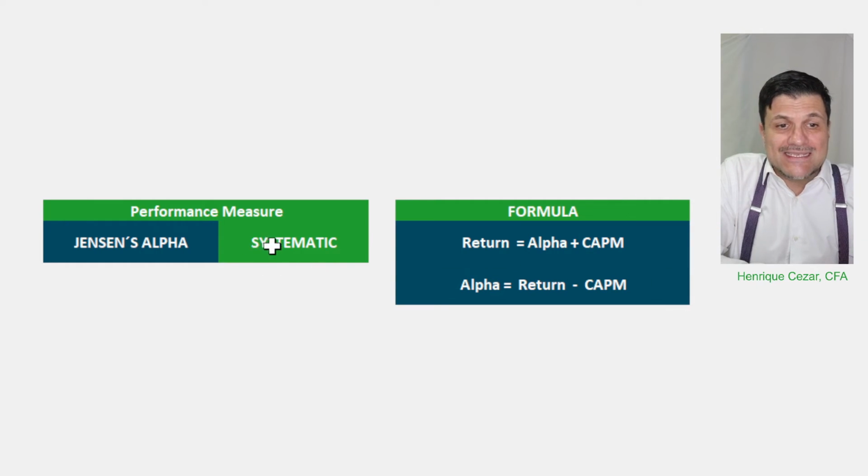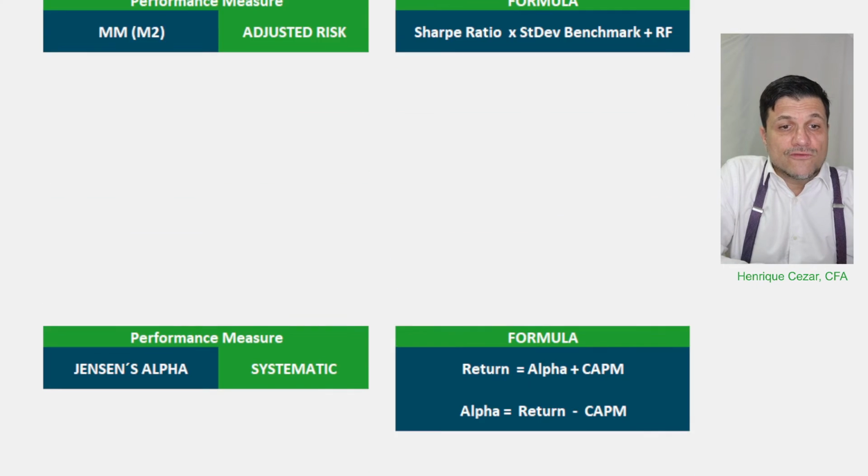Now, it is a systematic risk measurement because it's using beta, right? I'm using CAPM, obviously I'm using beta, okay? But still, it's not adjusted for the risk of the market, for any other risk. And it's just a monetary measure, right? It's telling me alpha is 10%, it's 20%, but it's really not saying much about how much risk was incurred to actually generate that alpha. And the client might be expecting to know that. Okay?